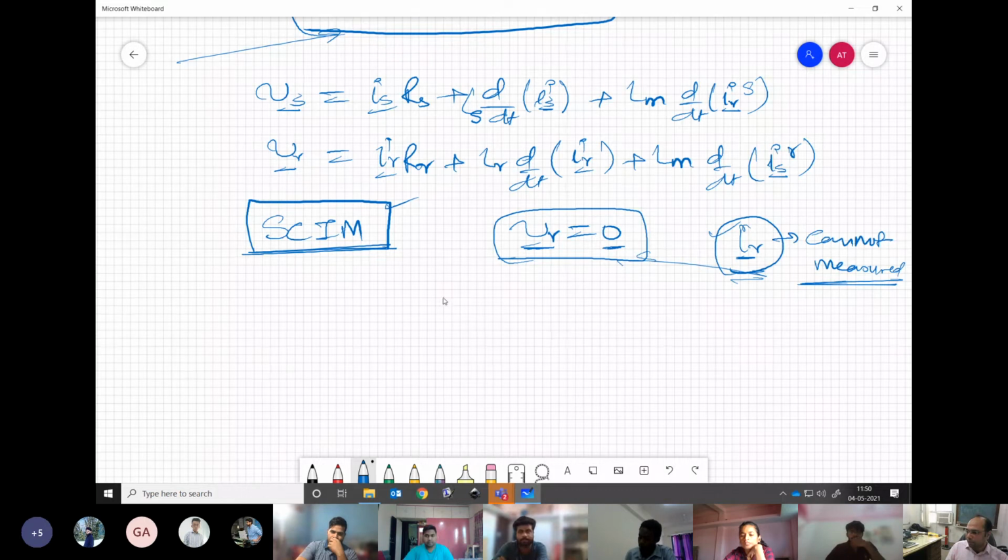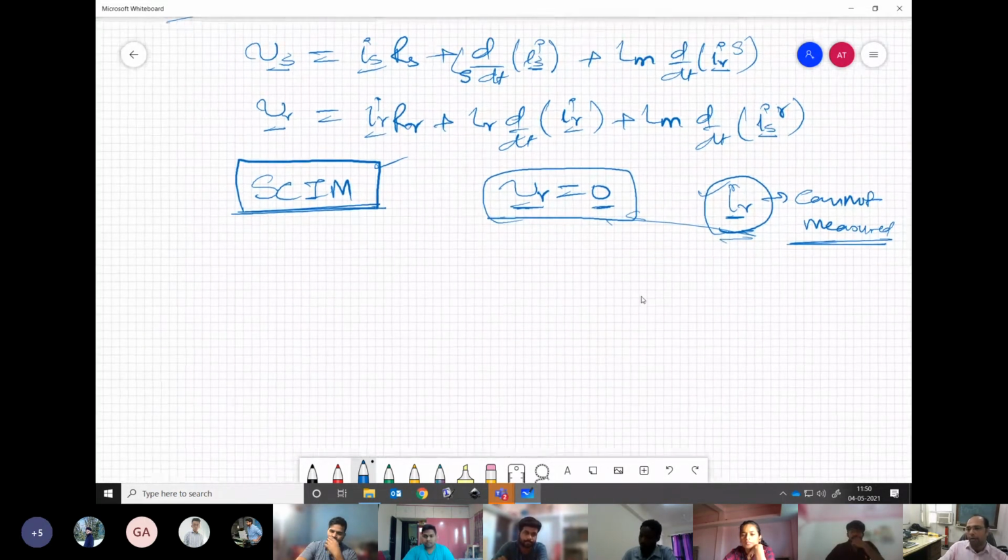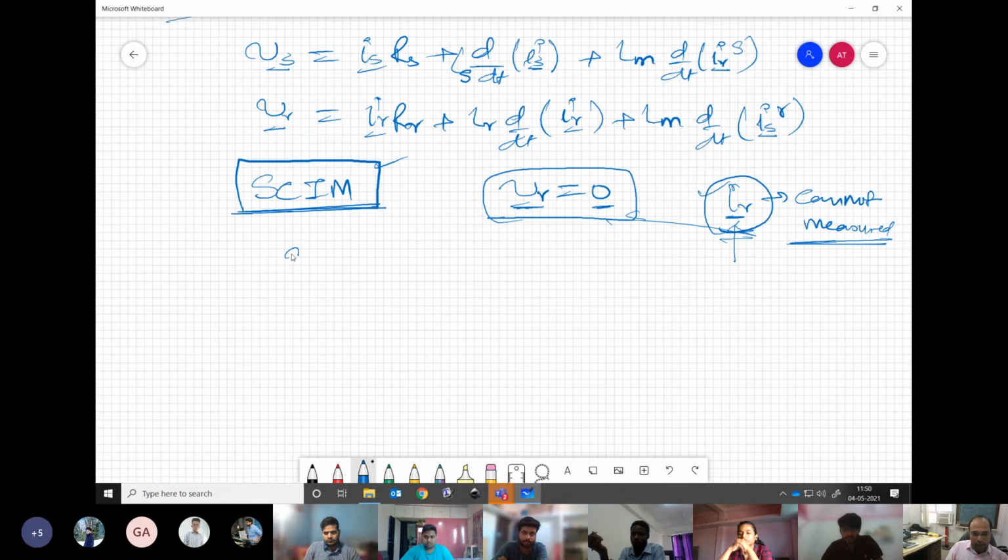So what we do, we try to get rid of IR, because this we cannot do anything. If we cannot measure, we cannot control. So we try to get rid of IR. So how do we get rid of it, in terms of whatever quantities we have defined? We have defined our IMR, because this is where we are going to orient our reference frame. So IMR vector we have defined as